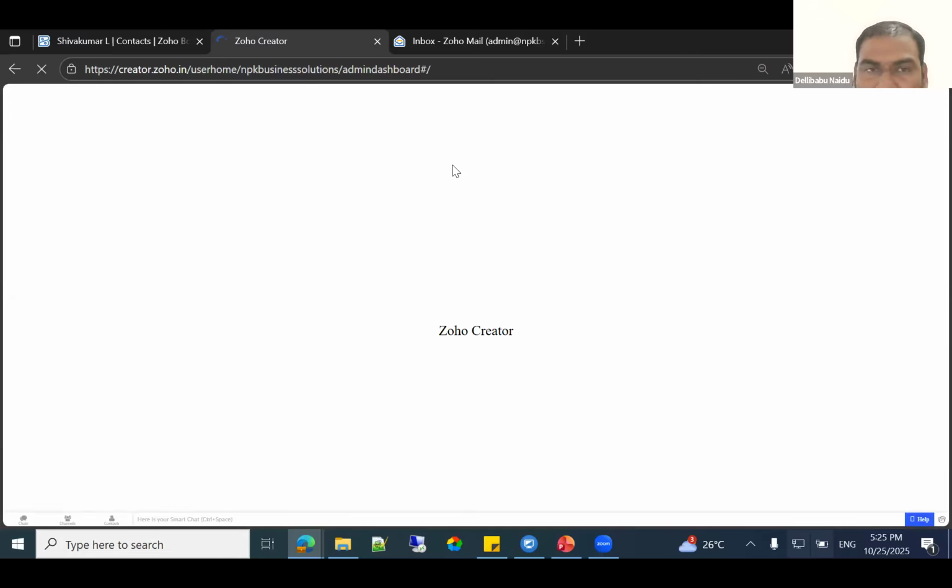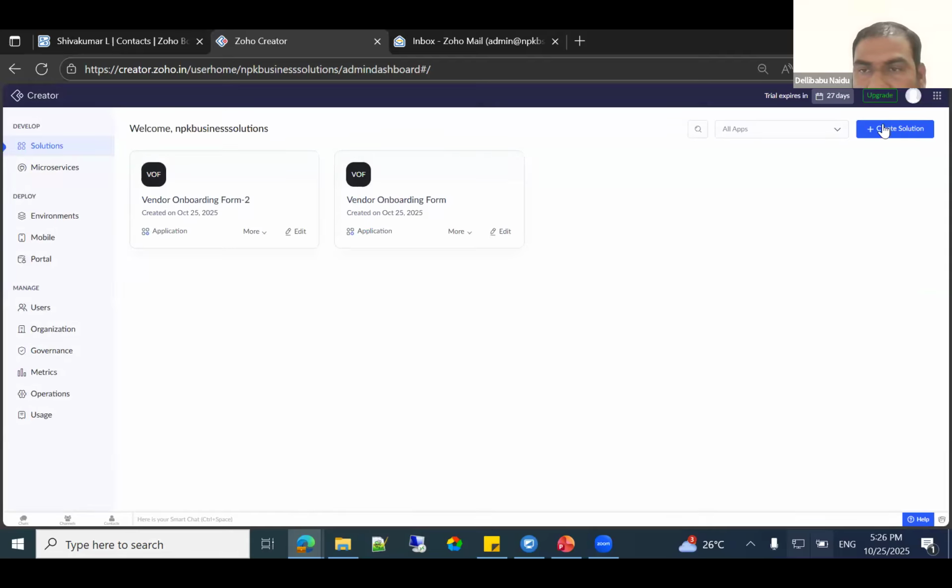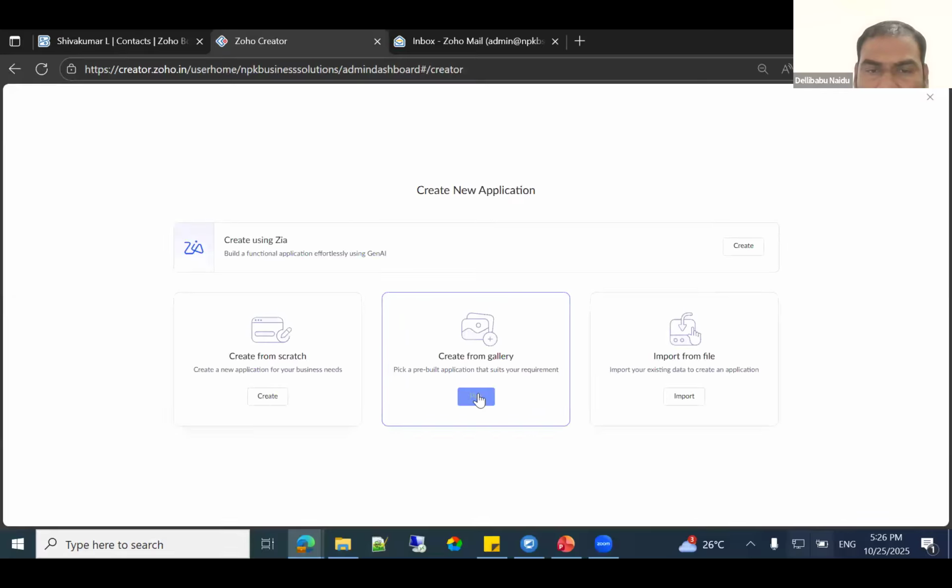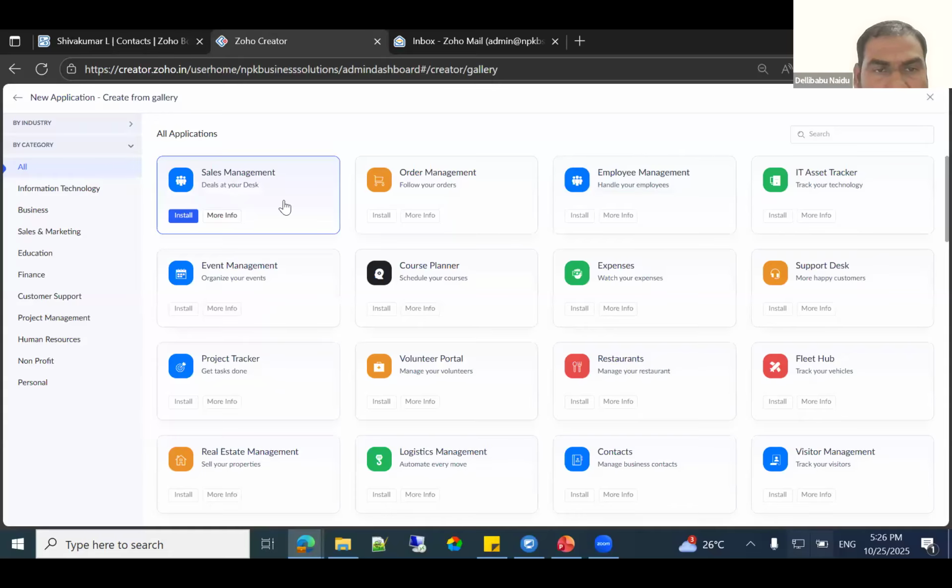It's a one-time activity. In create solution, there are libraries also. You can pick from the library as required. There are multiple modules, like the sales management module. You can directly install and use it, like the vendor onboarding form. There are multiple others: IT asset register, support desk, expense trackers. There are many modules.